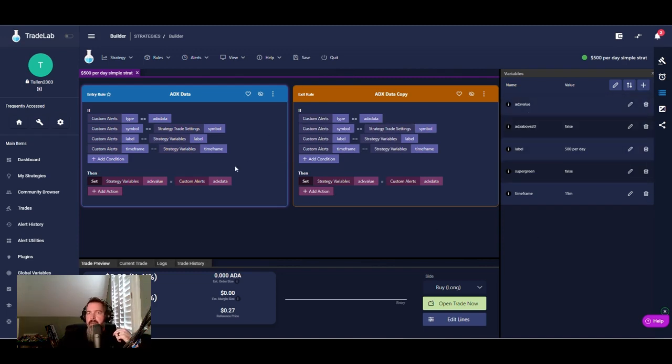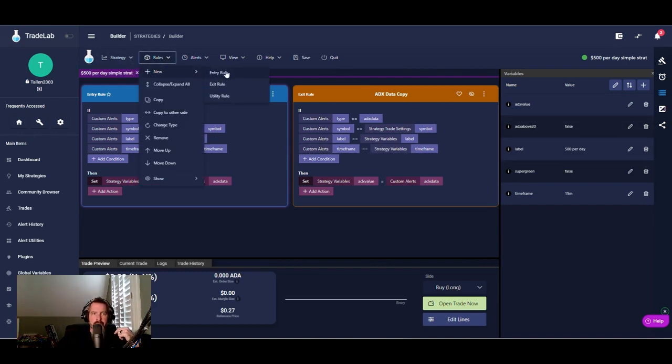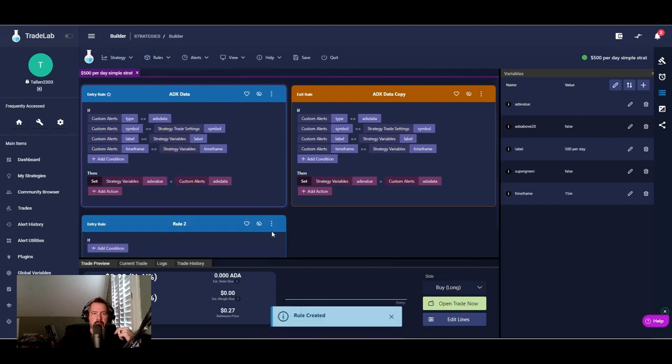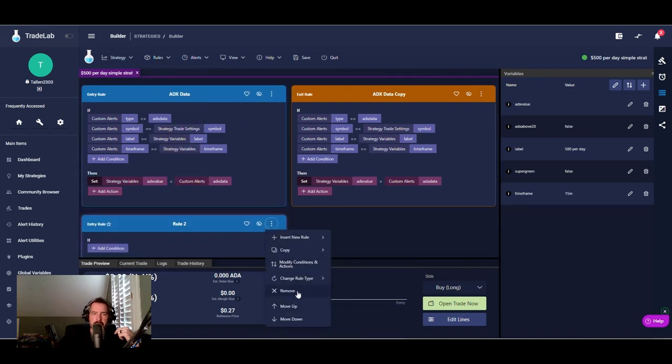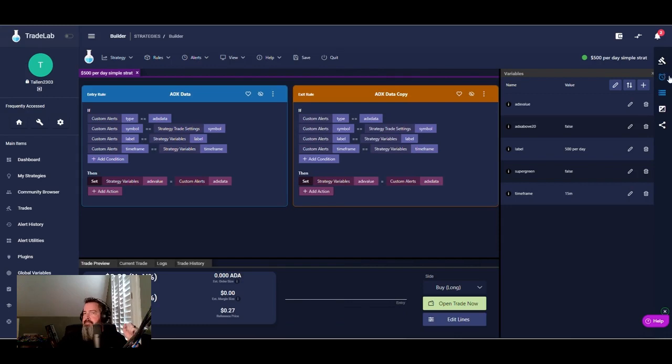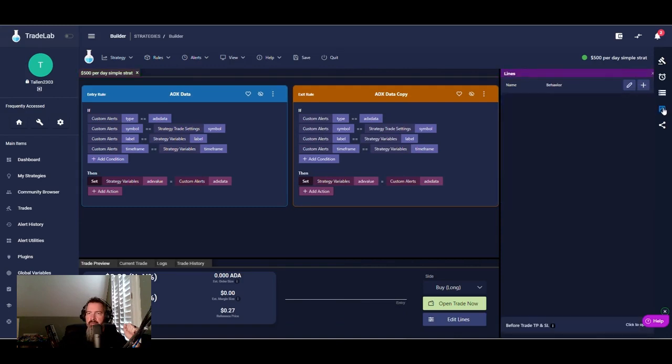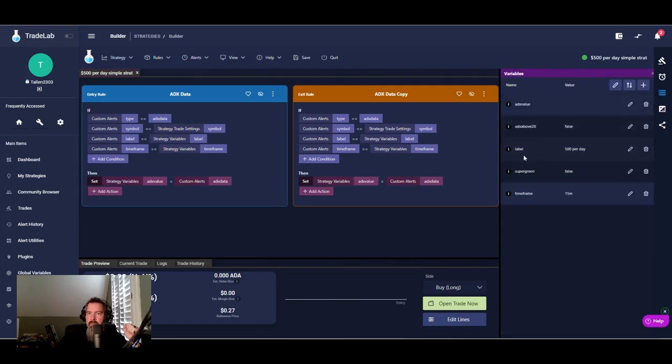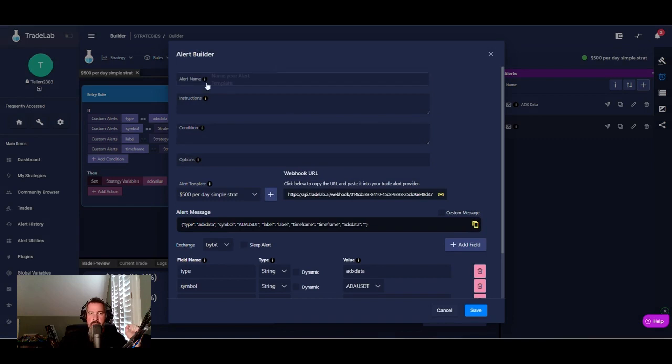Okay. Now we can make another rule underneath this. Okay. Now we're going to do our next alert. We need a super trend green. We got that variable in here. So we'll create another alert. We're going to need 2 alerts. First one we're going to do,